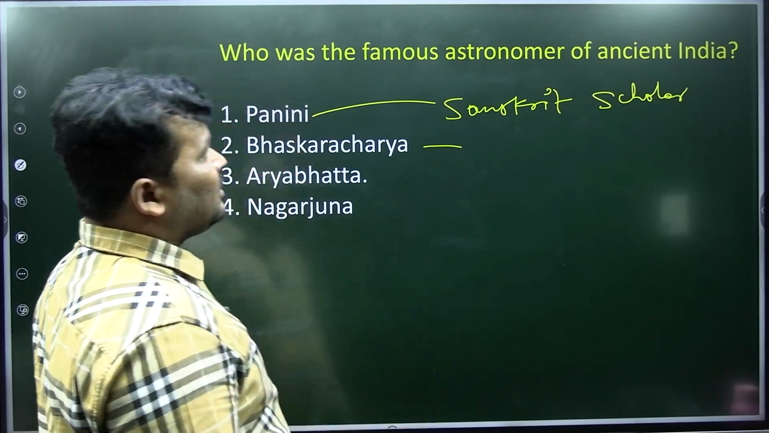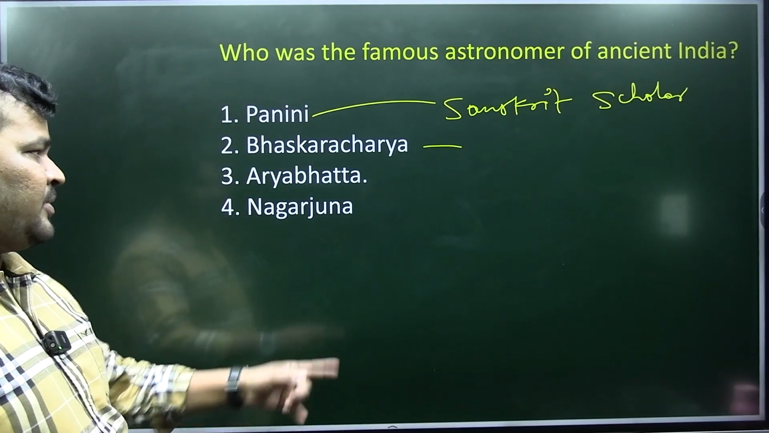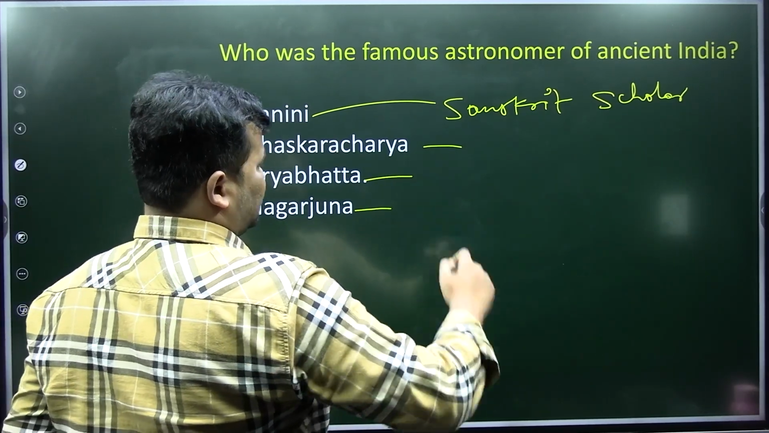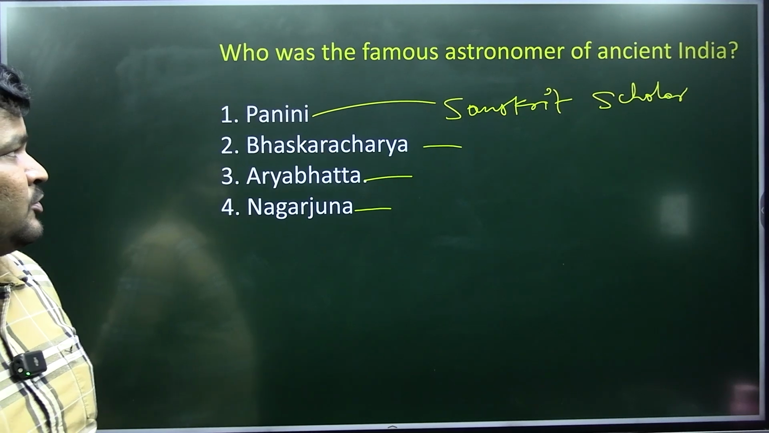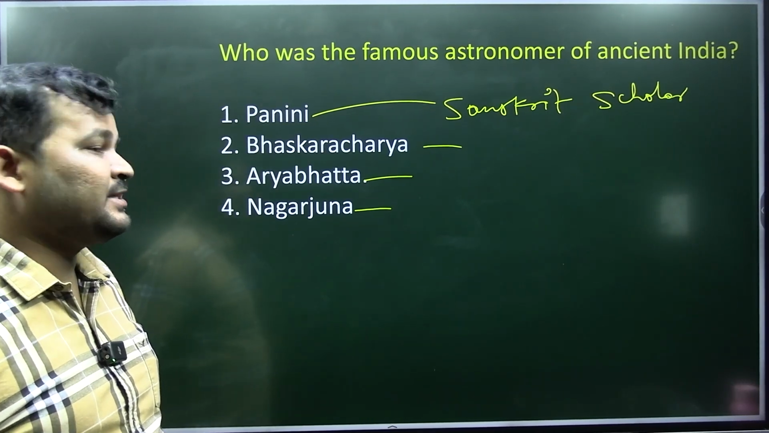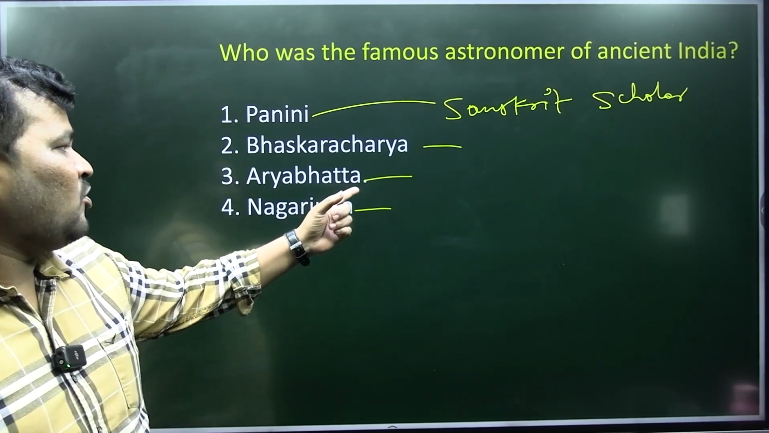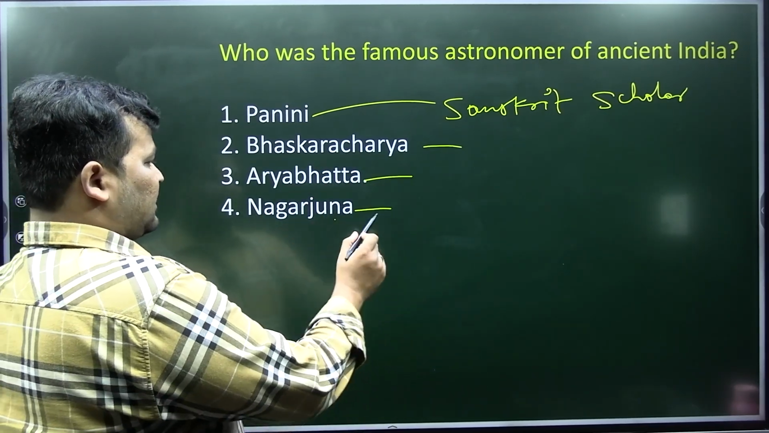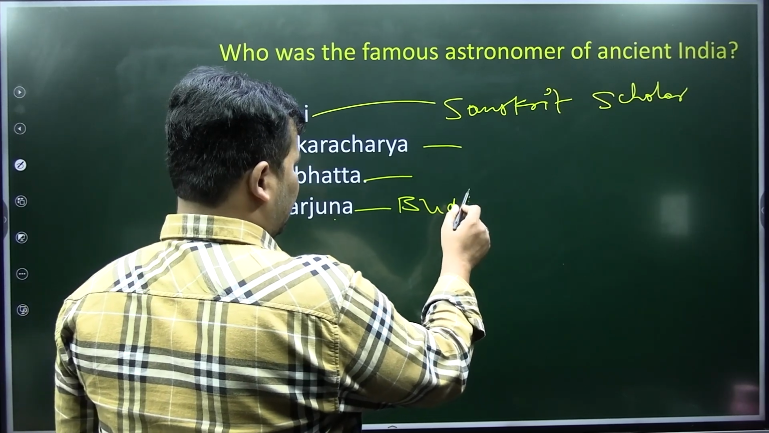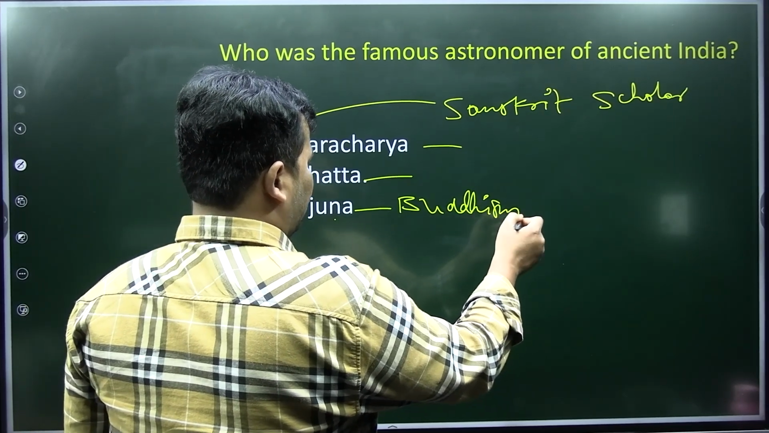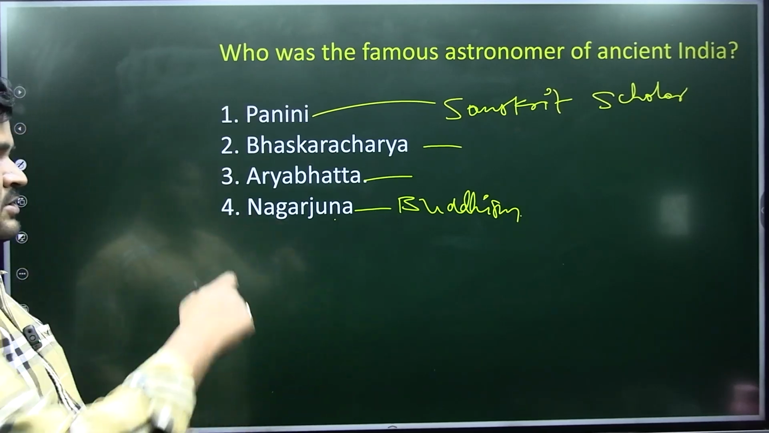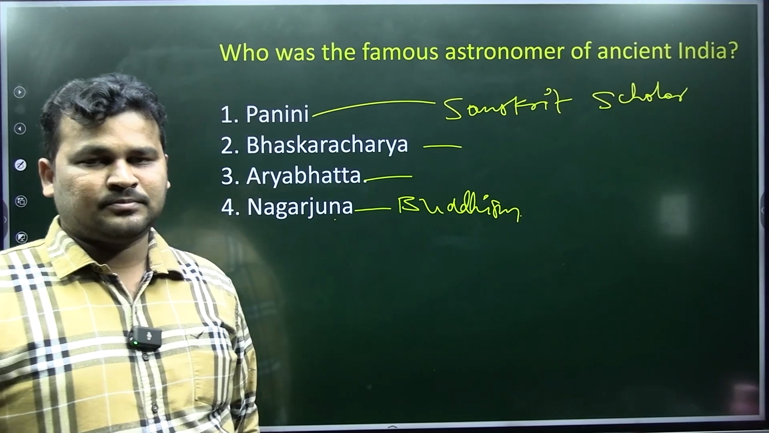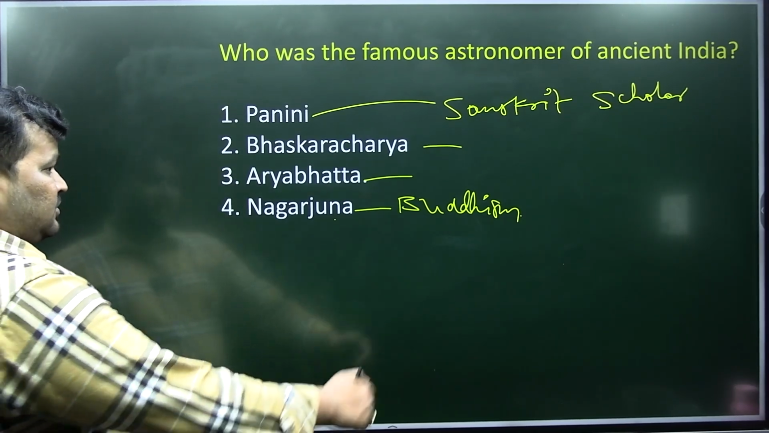Bhaskaracharya is not that ancient when compared with Aryabhatta. Both are astronomers, of course, but they are asking about the famous astronomer of ancient India. So he was more aged than Bhaskaracharya. Okay. Next, Nagarjuna, he belongs to Buddhism religion. Nagarjuna was a preacher of Buddhism. So final answer